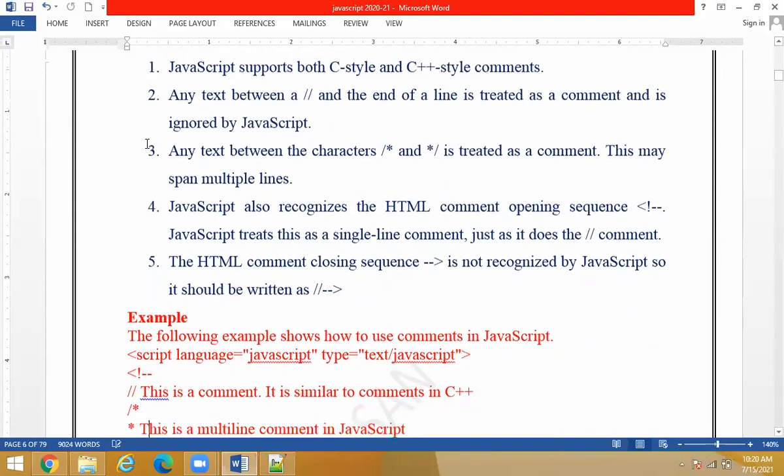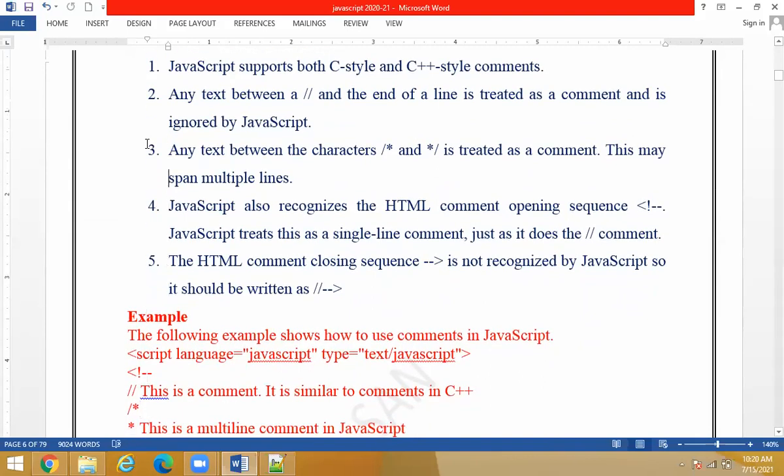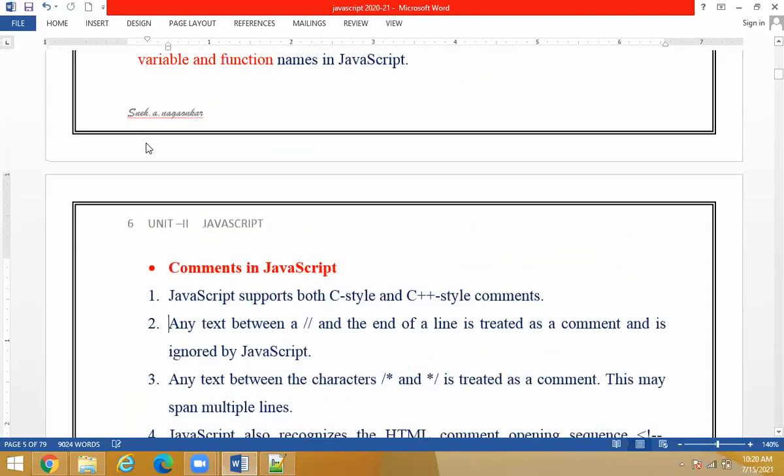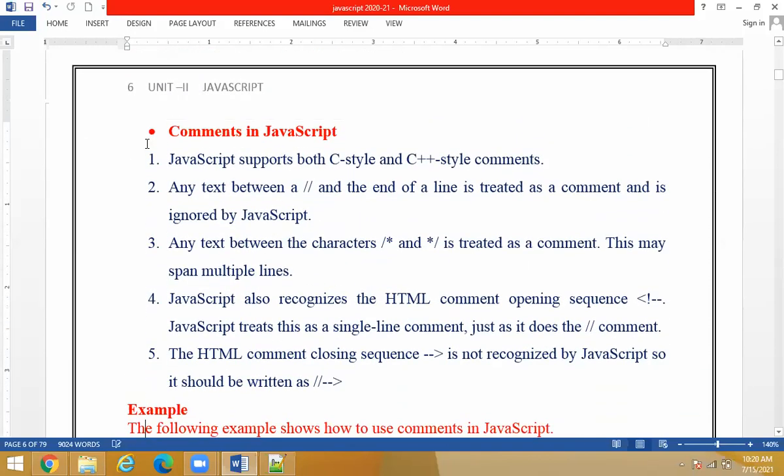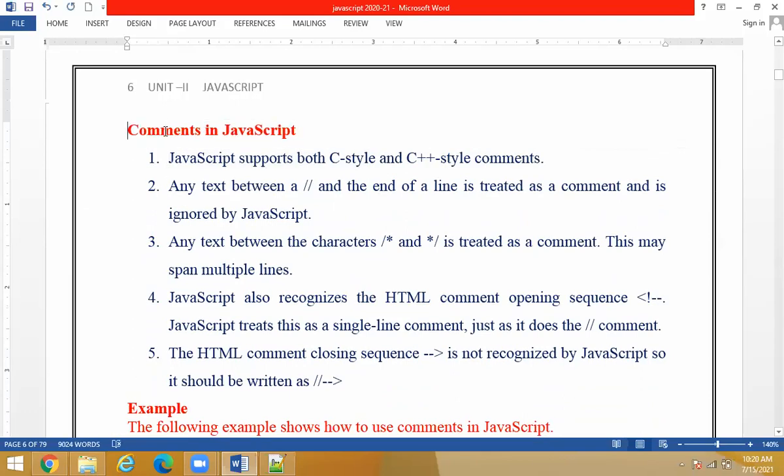Fine. So next comes comments in JavaScript, students. Some of these comments we have learned in the C program also, right? JavaScript supports both C style and C++ style comments. Now you may ask, ma'am, we don't know C++, isn't it? So right now let us forget about C++ and talk only about C style. Suppose this is my line and I want to include a comment here. How will I do that? Basically, I use a double slash to add a comment to that single line. It's a format which is used in your C programming.